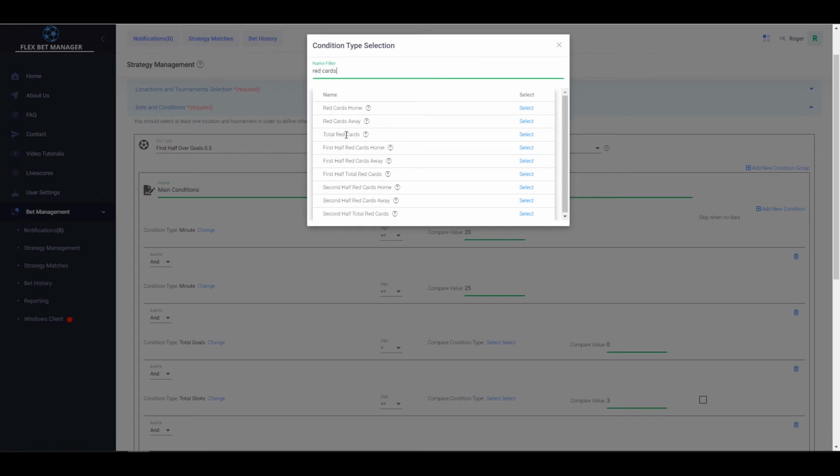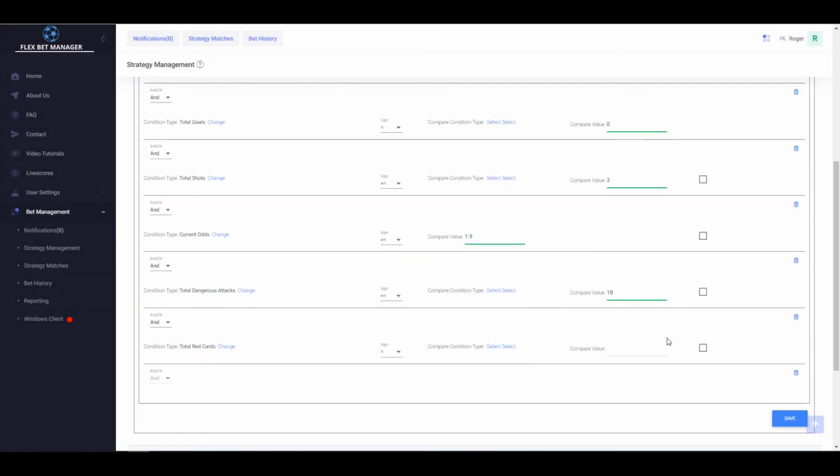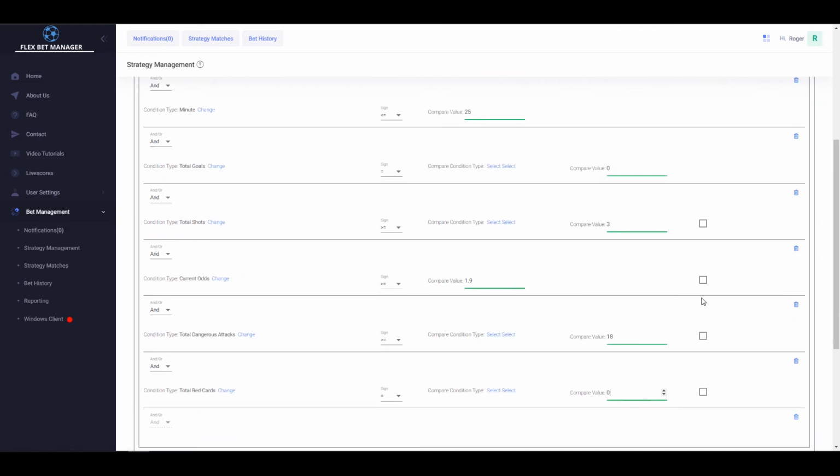We have red cards home, away, and total red cards. Let's select it, and let's make it equal to 0. We also have those checkboxes in here,